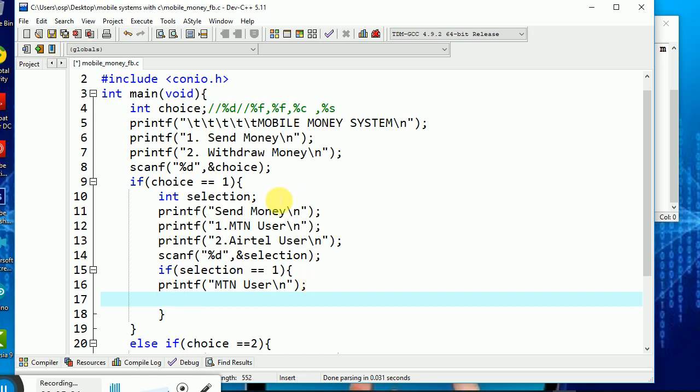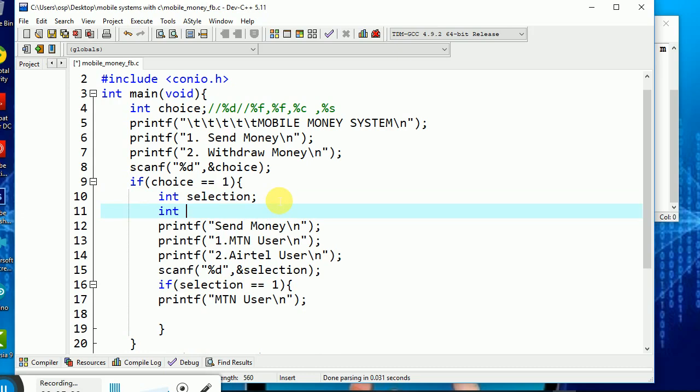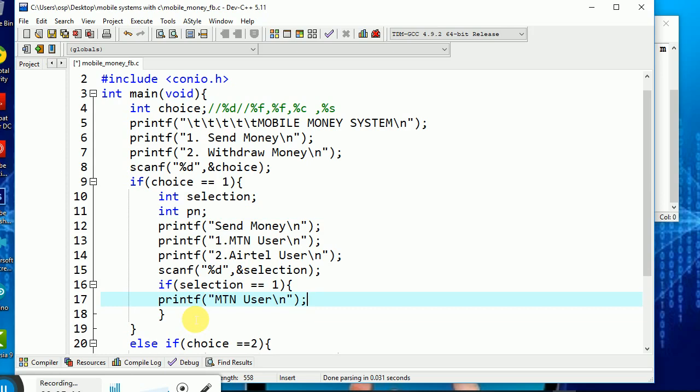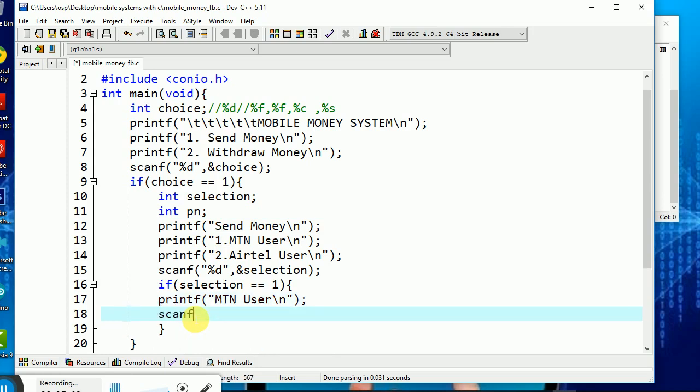So I may define another new variable here, and I say int phone_number, just phone number, like that. Then I come back in here and go down and simply say scanf, and I say maybe %d. I go out and use the logical and, and I say &phone_number. So let me just put in the phone underscore number so that you won't get lost.